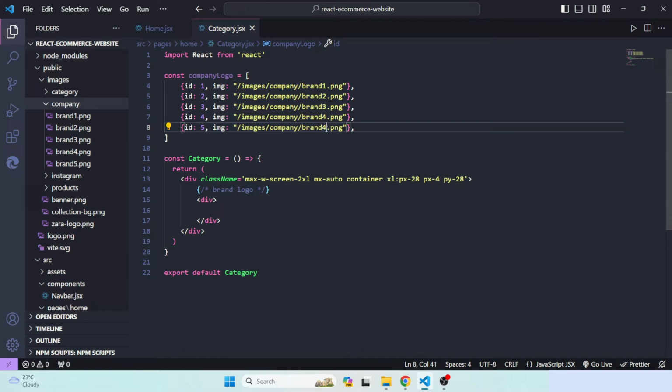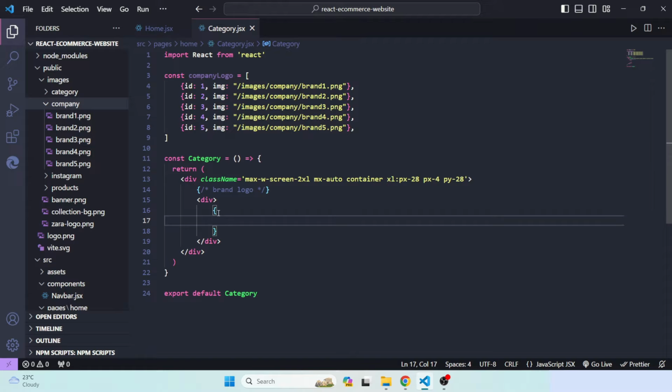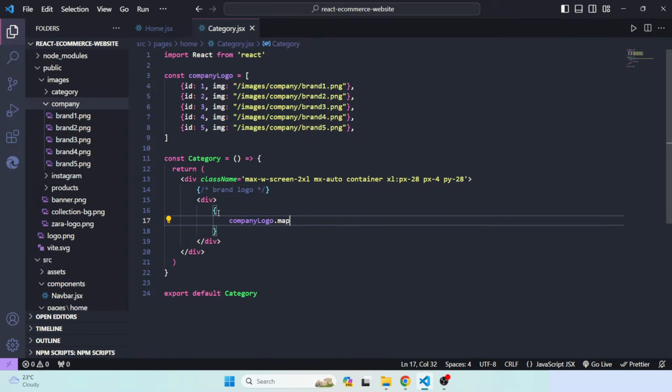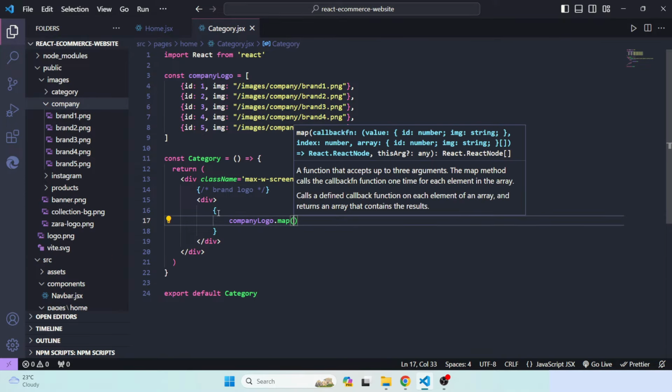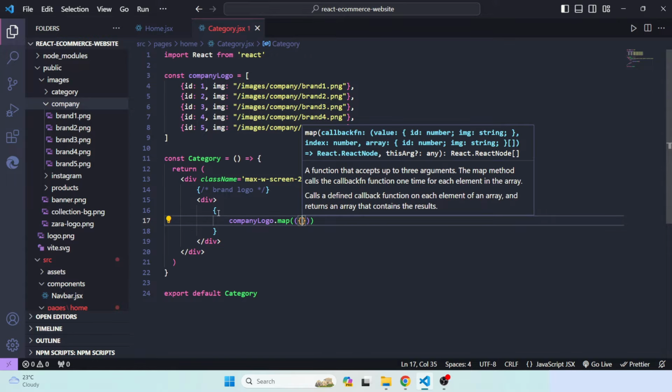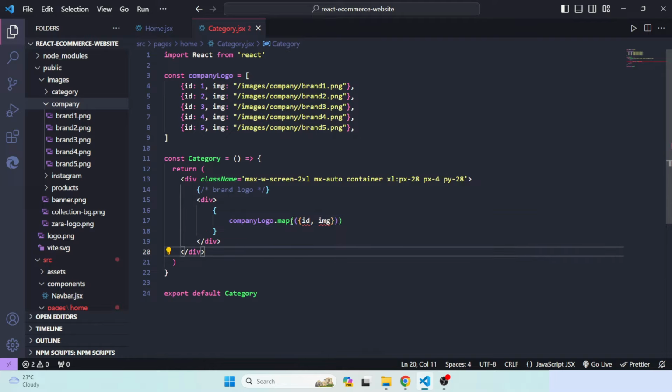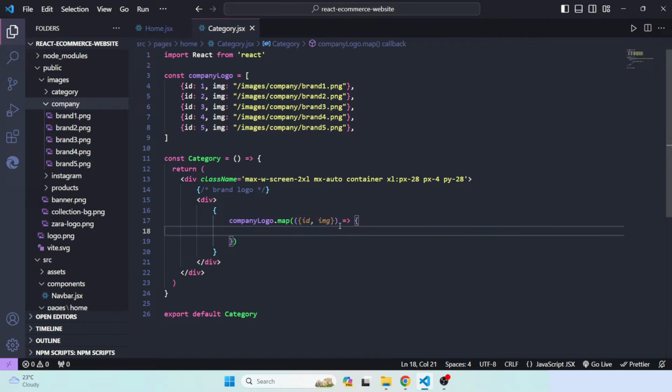Okay, so if you do this here, we'll just map this. That's why we use curly braces, and here we have company logo. Then we'll do map operations here, and we'll destructure two things, id and img. Then look, this is the div, and here we'll just use an arrow sign. Then